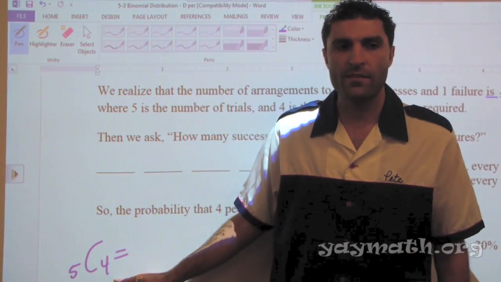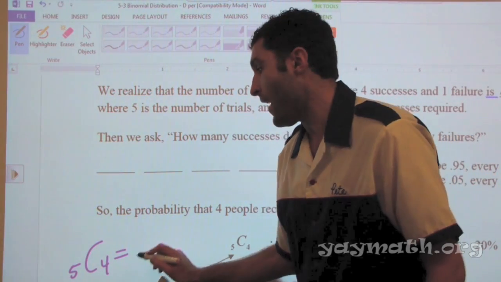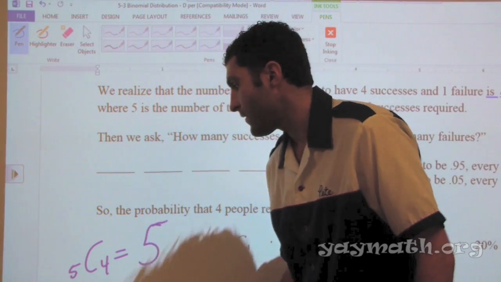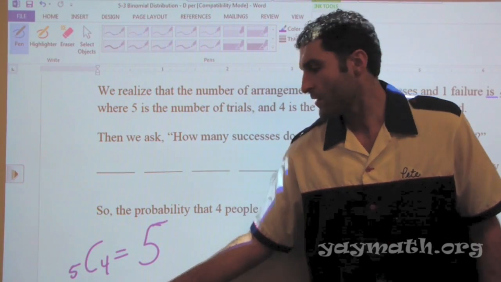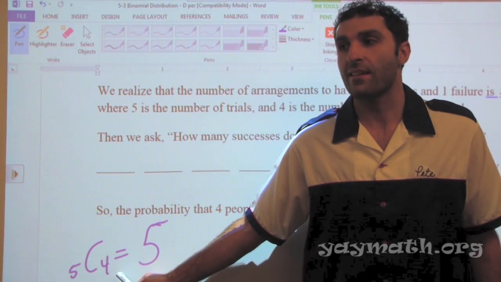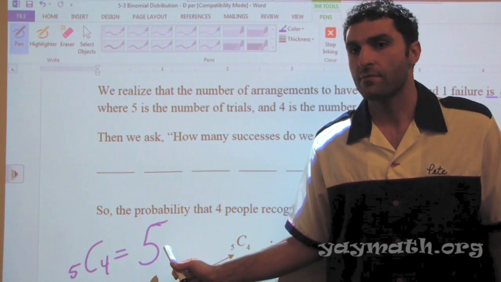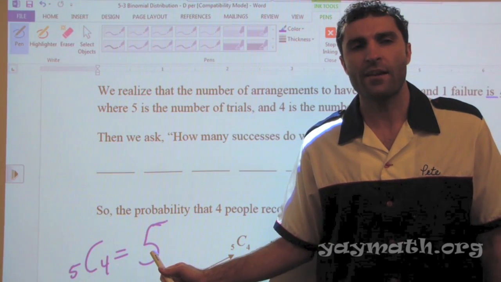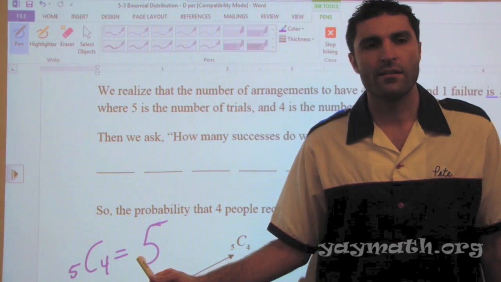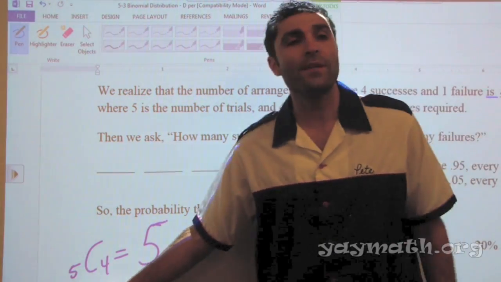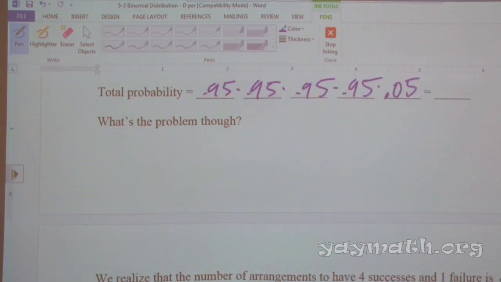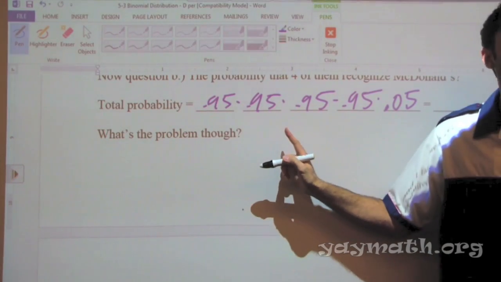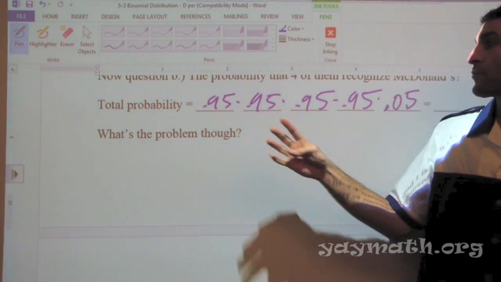Can we get this number, please? It is 5. In other words, if you have 5 people, the number of groups of 4 existing inside would be 5. Think about that for a second. Is that okay? Yeah. Can you repeat that? Yes. If you have 5 people, the number of different groups of 4